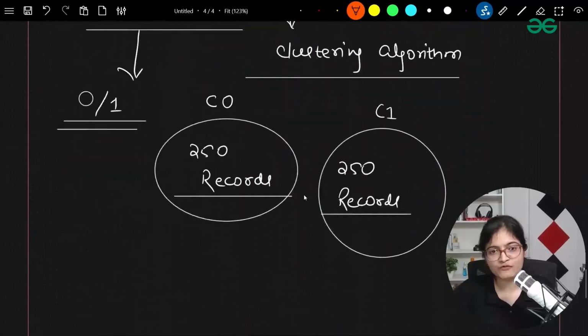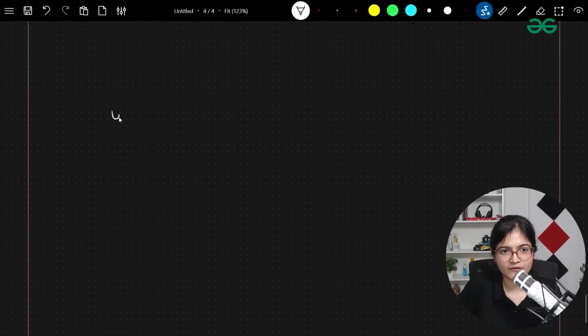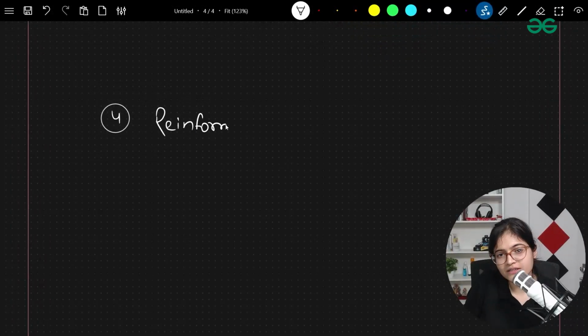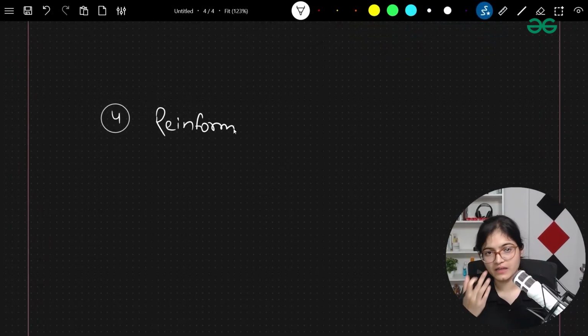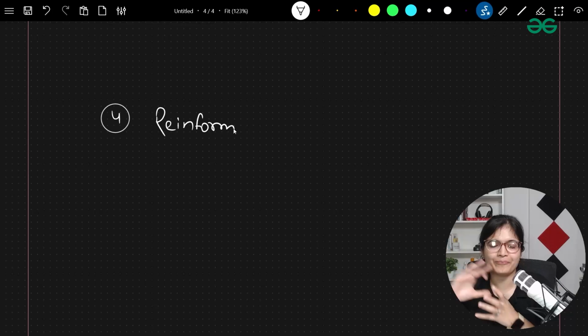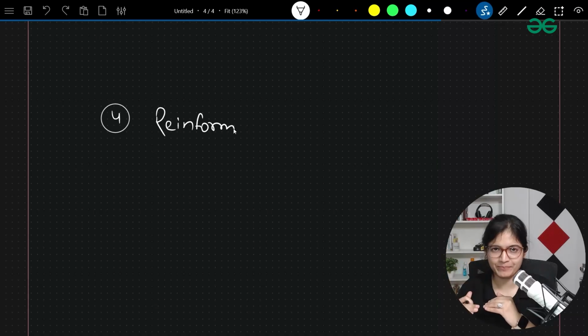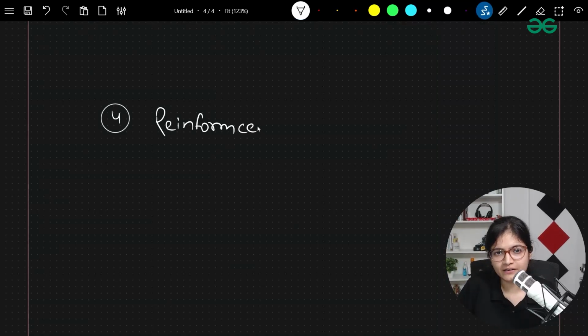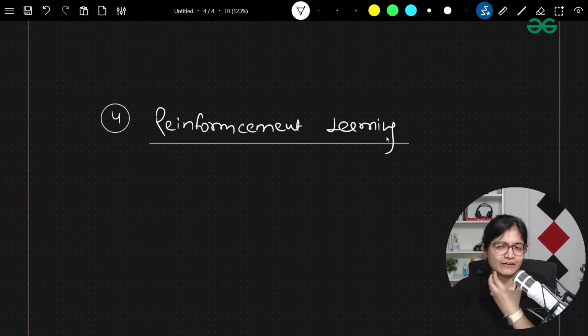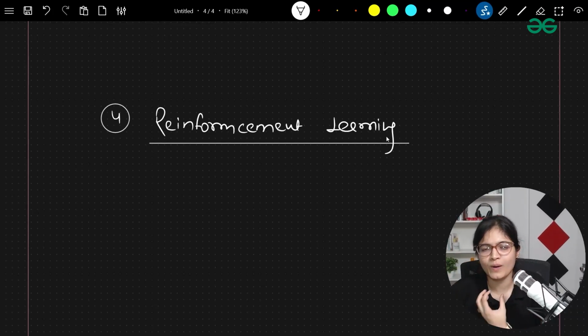Now let's move to the fourth category, which was the last one, which is reinforcement learning. Usually the third category which I have talked about just now, people do not consider as a separate one, but just to make you guys understand the concepts clearly, I have made it separate, okay? Reinforcement learning. When we're talking about reinforcement learning, this is different altogether from what we have discussed in supervised, semi-supervised, and unsupervised. What it says is that